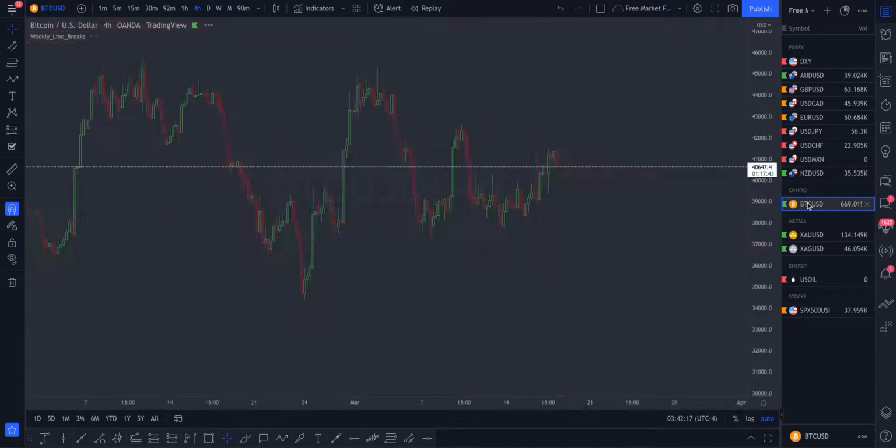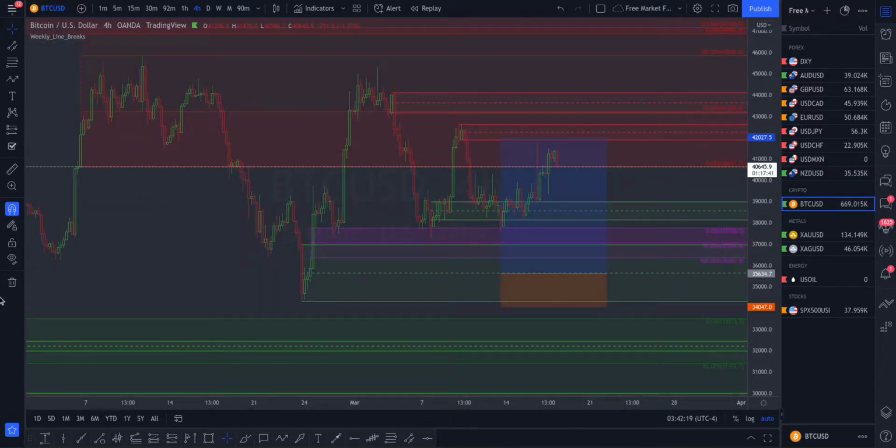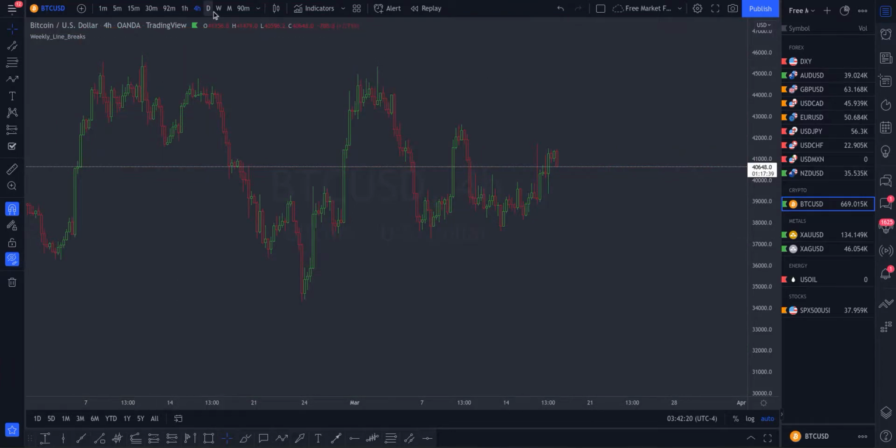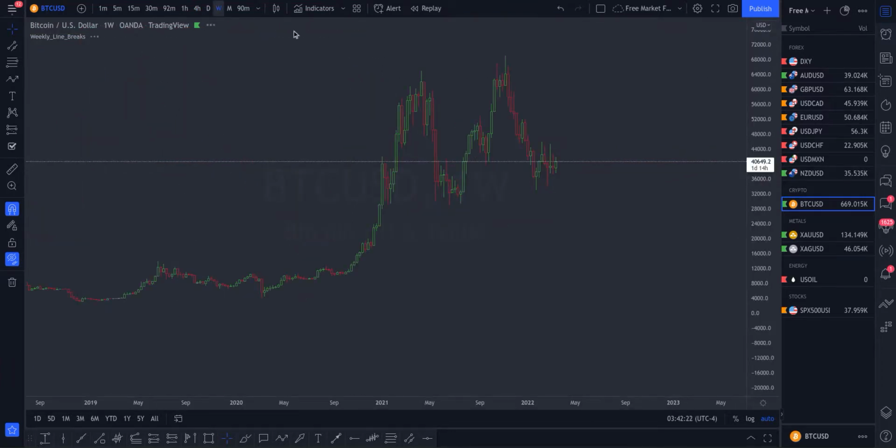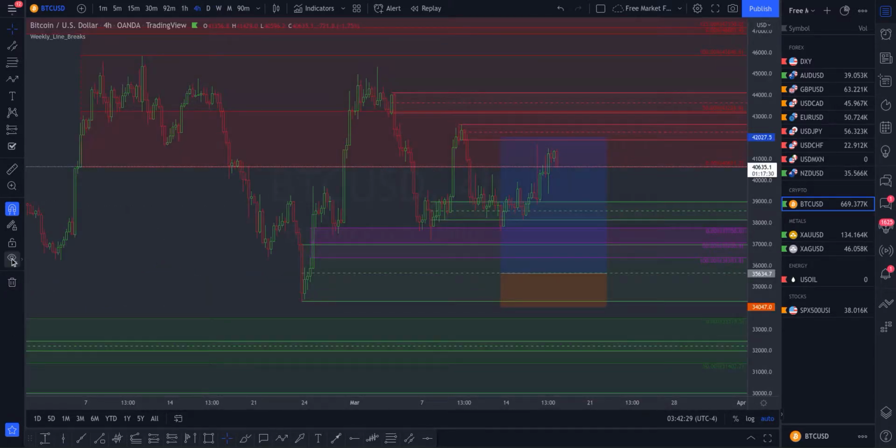All right, Bitcoin short-term institutional bias was long. Let's see how the week played out. Okay, this is a bullish week, so that played out to the bias. Let's see how it played out. It did not come down as far as we wanted it to. Did not completely fill the gap just yet, but it looks like it played off of